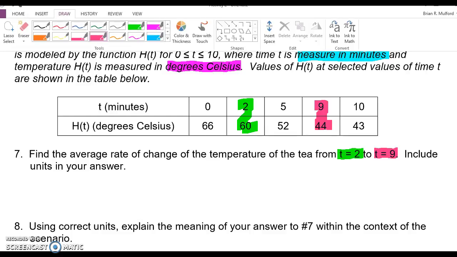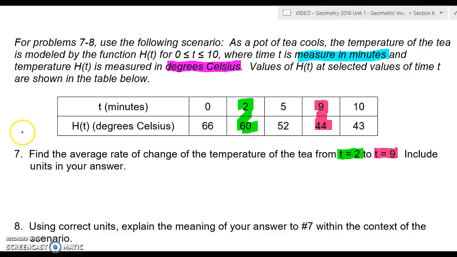And so I want to calculate the change in output. Again, this is my output here. So from 60 to 44, that's a decrease of 16, so a minus 16. And then my input is time again. And that's from 2 to 9, that's a plus 7. So I'm going to calculate my average rate of change, which is negative 16